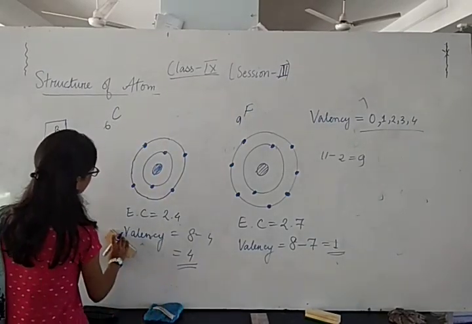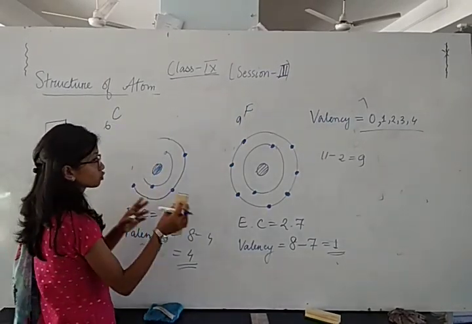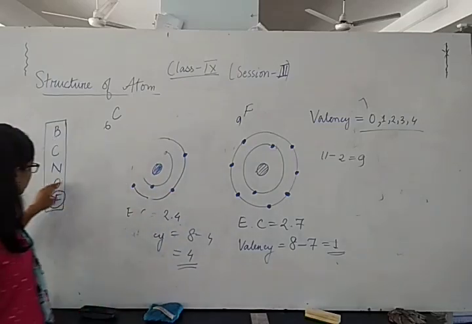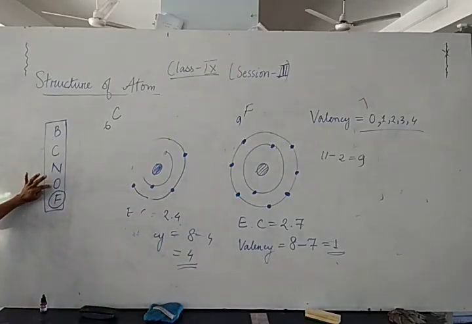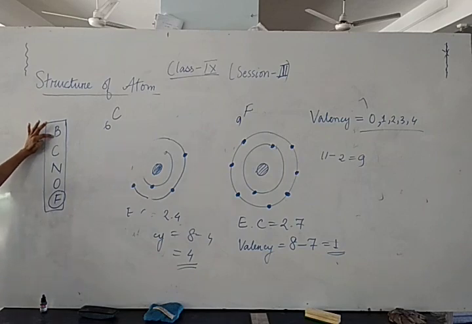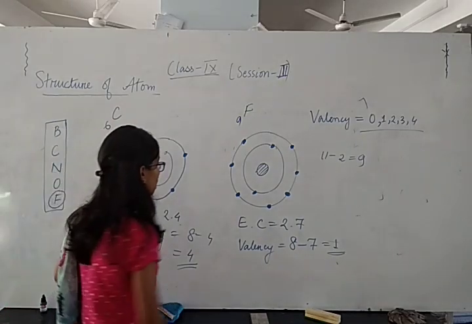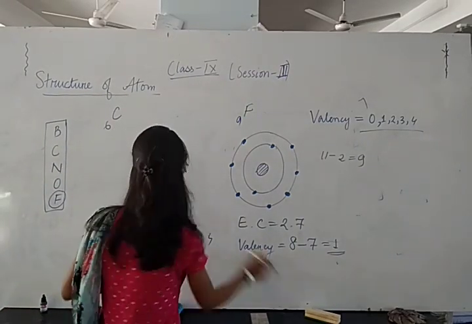Now you will see the structure of sodium and magnesium. I think you can calculate the valency of oxygen. See, I am telling you, boron: for boron the valency will be 3. For carbon it is equal to 4. From nitrogen it will again decrease. For nitrogen the valency will be 3. Here for oxygen 2 and fluorine 1. You have to calculate it from the structure, and this is your home task.